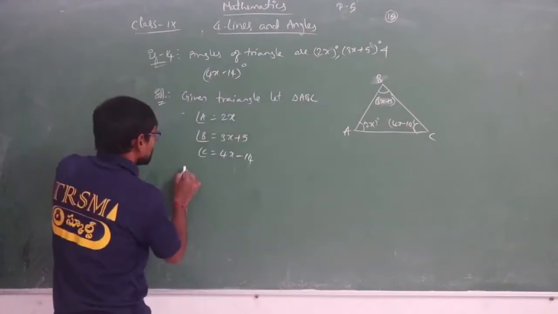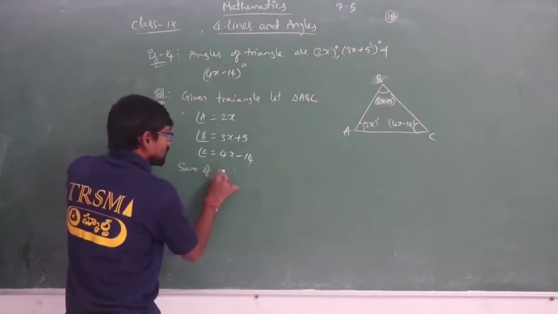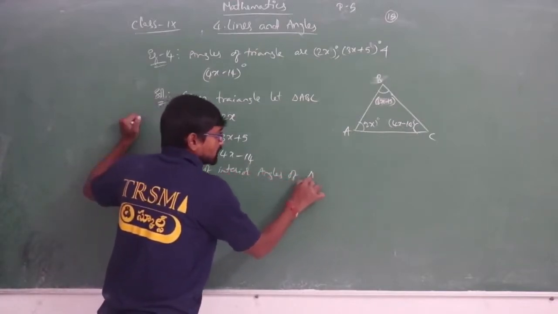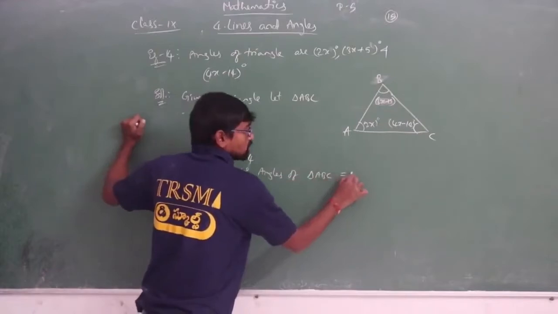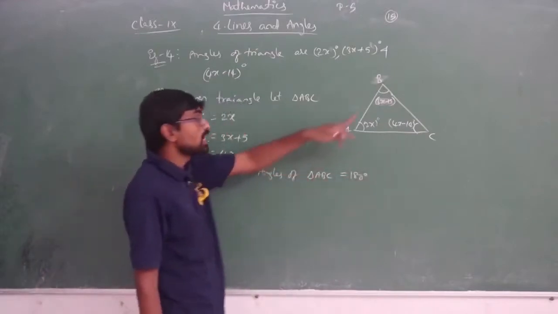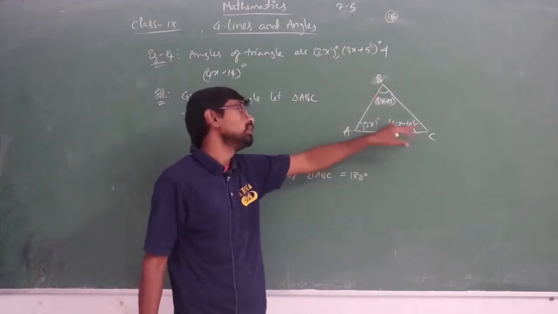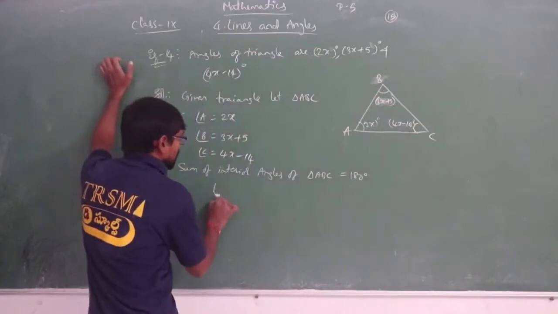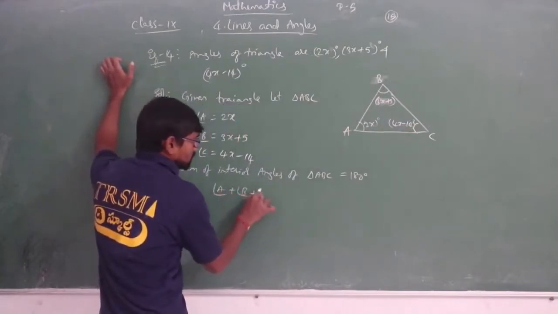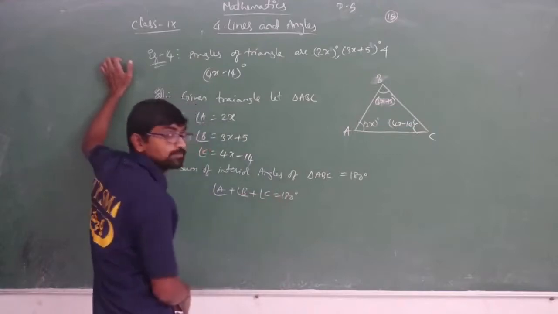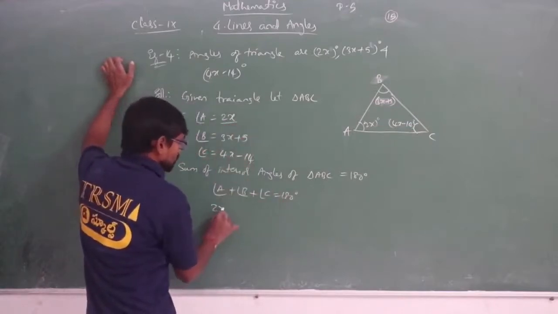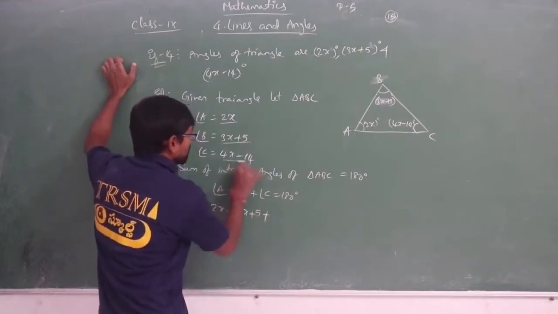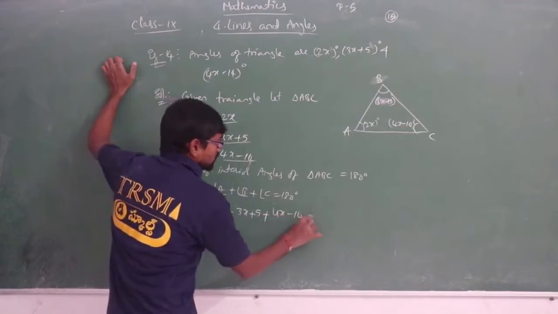So what do we know? The sum of interior angles of triangle ABC is equal to 180 degrees, isn't it? When we add all 3 interior angles, we get the sum as 180 degrees. So angle A plus angle B plus angle C is equal to 180 degrees. What is A? 2x, plus what is B? 3x plus 5, plus what is C? 4x minus 14